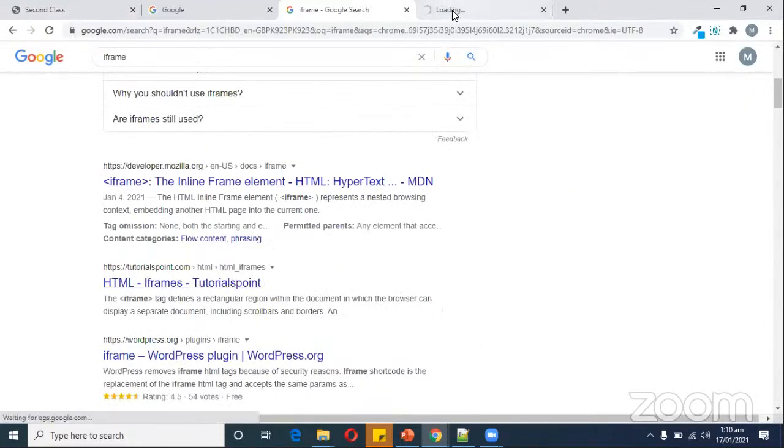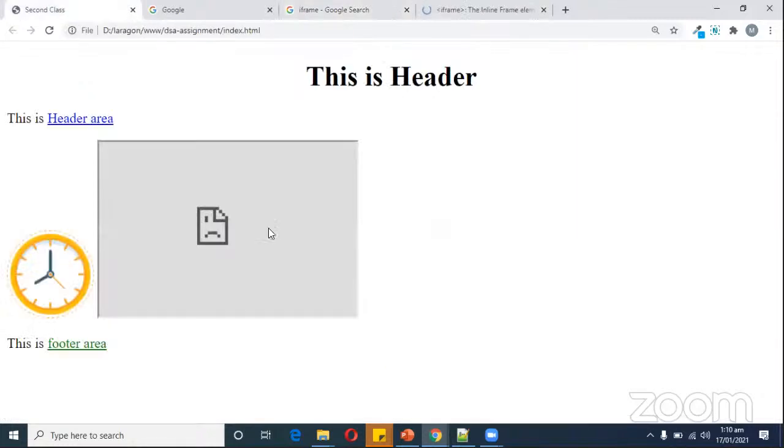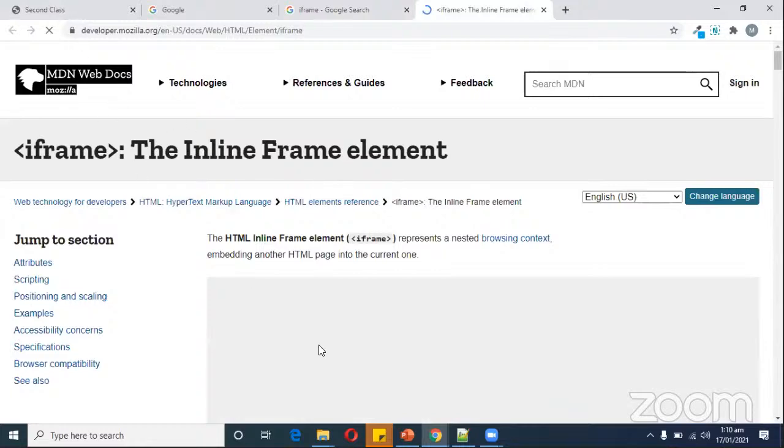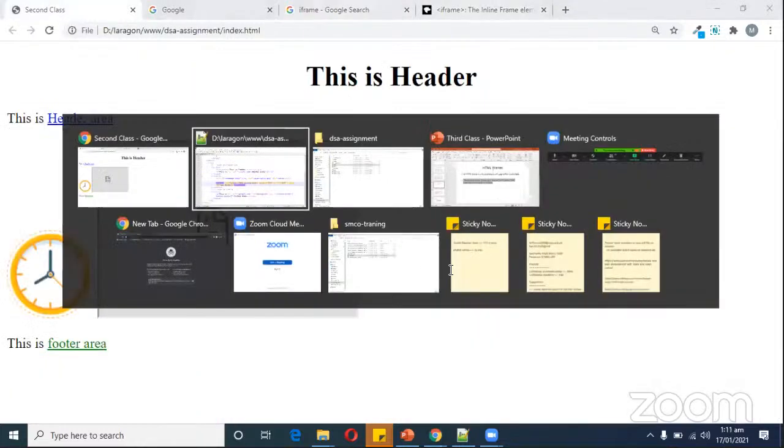So please wait, I'm just checking why it's not loading. For example, if I want to add,